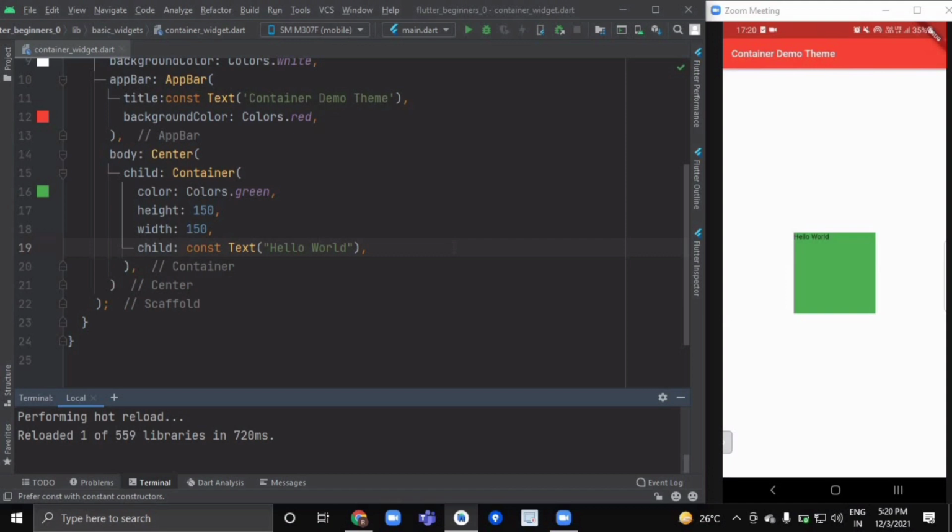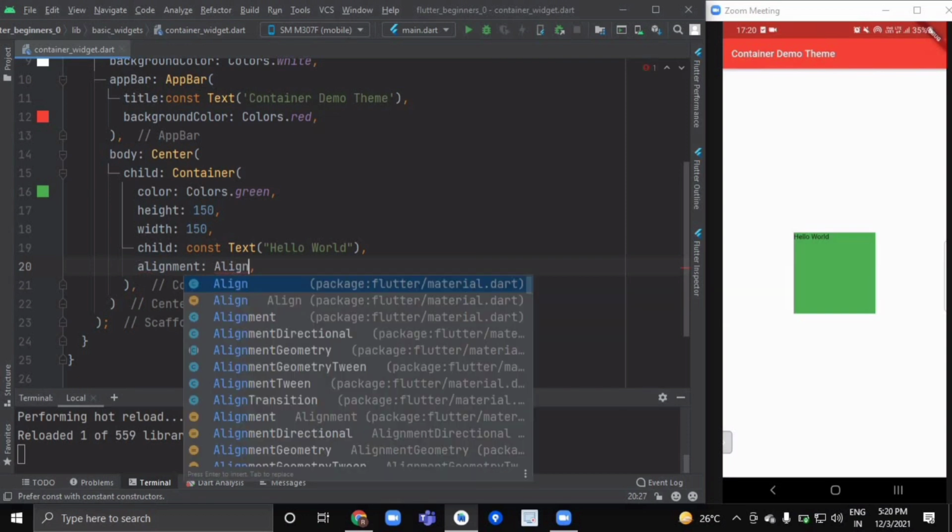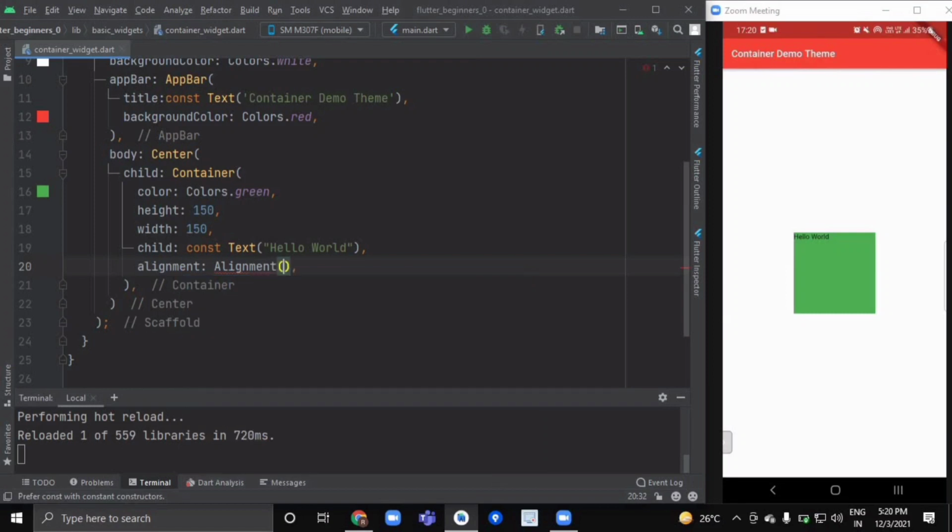If I write alignment and over here use Alignment and pass 0.0, this will indicate the center. These are the center coordinates of our container widget.